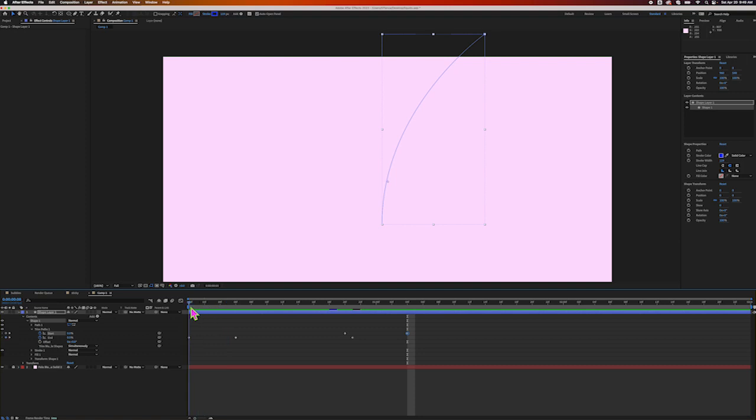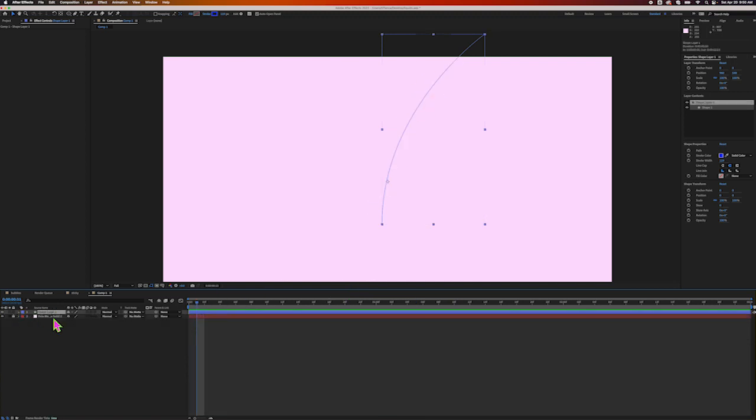Now, if yours doesn't look exactly like this and it's looking a little bit funky, because you're learning a lot about keyframes and trimming paths, don't stress about that. It doesn't need to be perfect. So that looks like a pretty good drop of water. I'm really liking that. That looks good. Okay, so the next thing we're going to do is